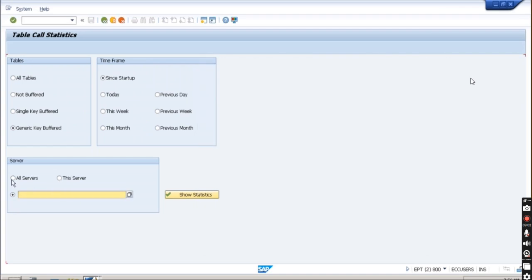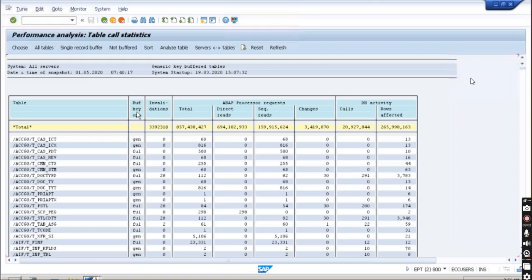Fine. So I'm just going to select all server and show statistics. Once you click on this button, it will start showing the statistics about all the tables which have been buffered. So maybe we can search for our table which